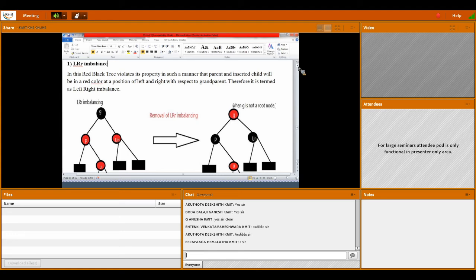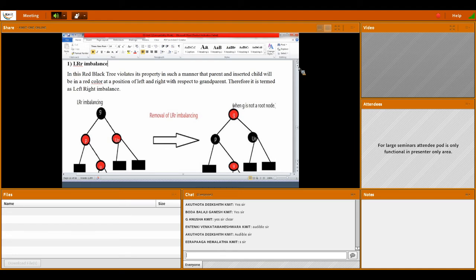That means you have a property that the new node should be red color. So you inserted new node U under the P, on the right side, and grandparent's child P is the left node.